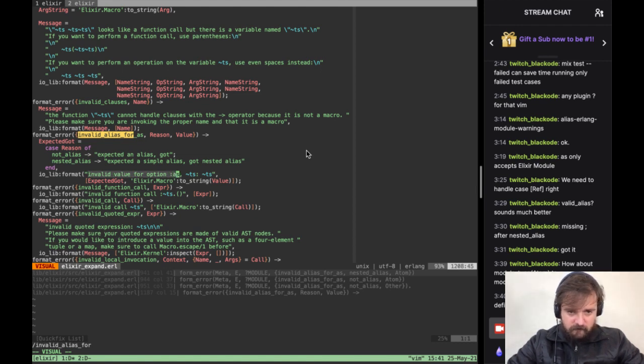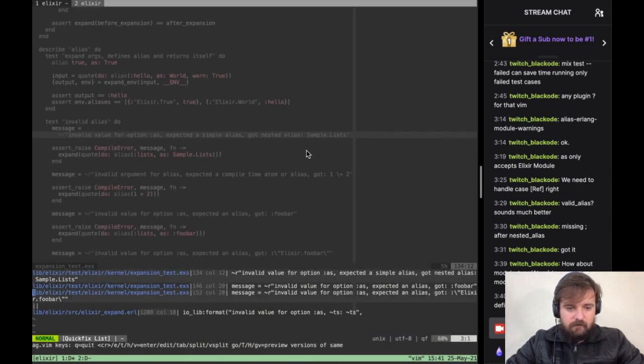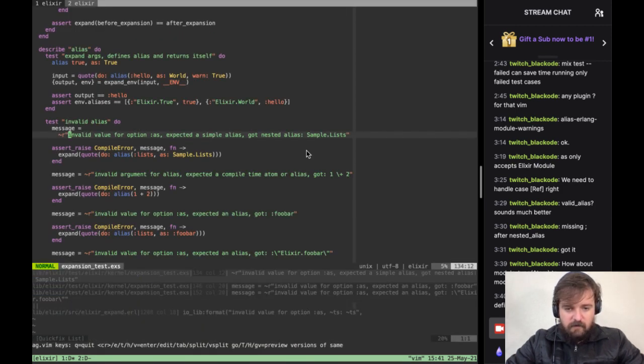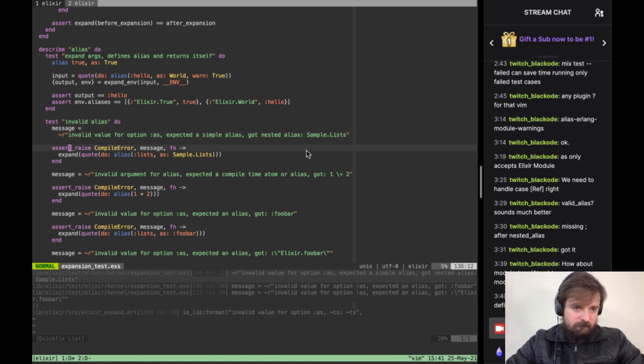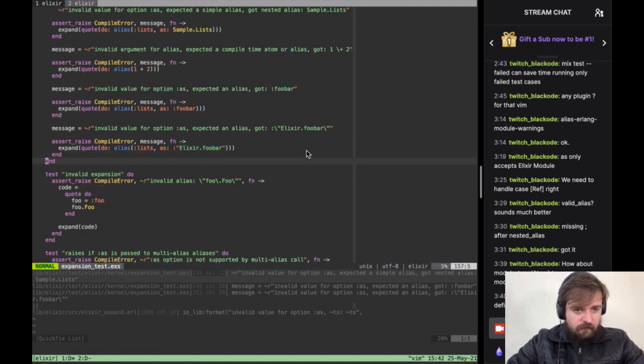So invalid value for option S. Let me search, because I searched for this string before and I saw that there was a test for expansions. So here there's a test for invalid alias and it says raises. So invalid value for option expects a simple alias got nested alias. What? Here, do alias lists as simple lists. Oh, right, because it expects a simple one, you can't actually pass a nested alias. Yeah, true. So for option S,